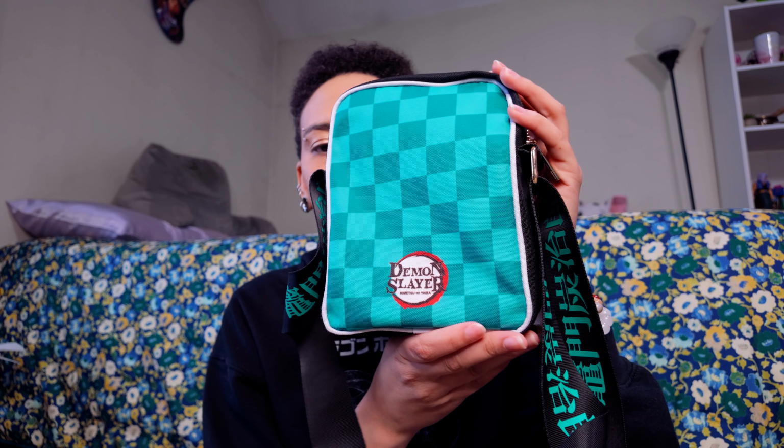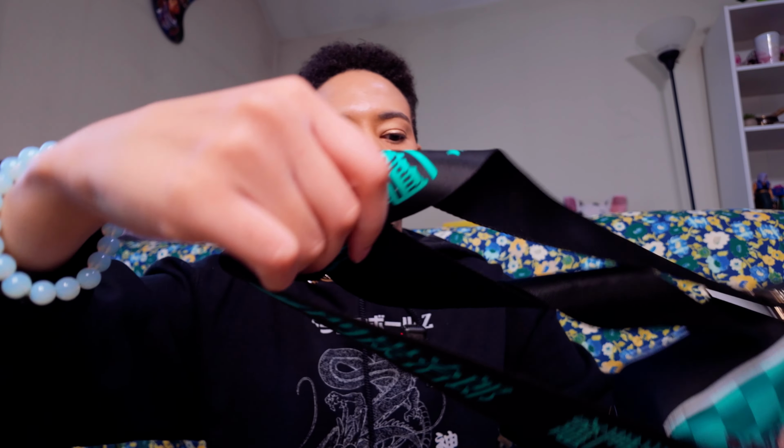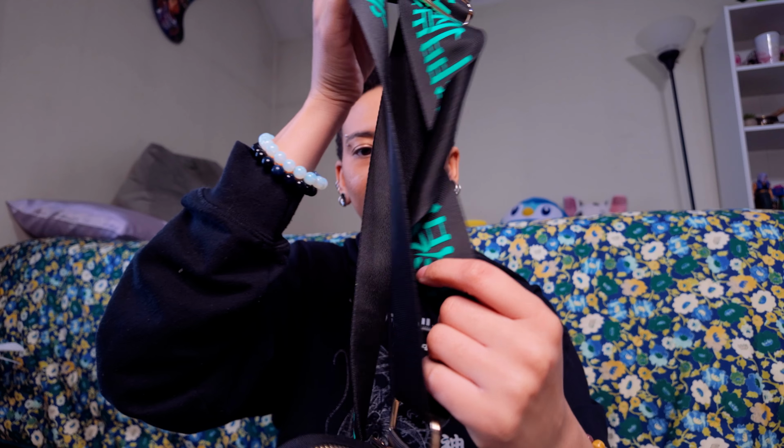This is the back of the purse. And then on the strap, it has kanji in the same color as the bag. In the back, it has the little Demon Slayer logo. But y'all, for a while, I was really just obsessed with Demon Slayer and buying all kinds of Demon Slayer stuff. And I still like it, but I'm gravitating towards other anime because I can't keep wearing Demon Slayer and Dragon Ball. Actually, I'll keep wearing Dragon Ball, but...